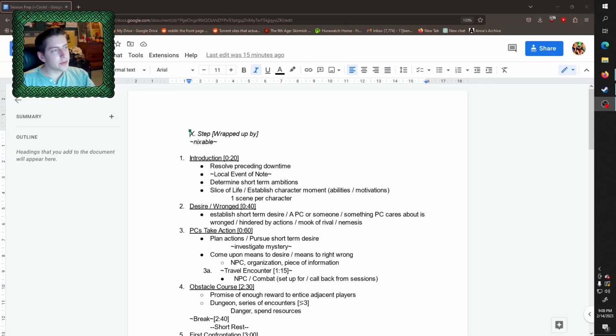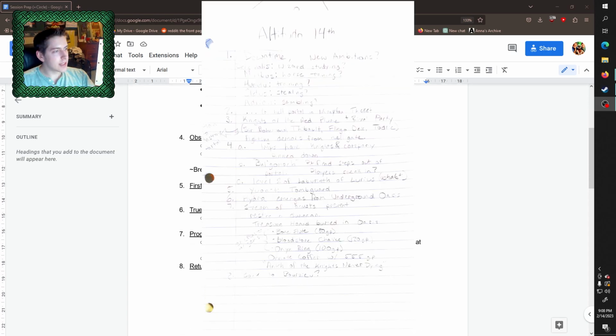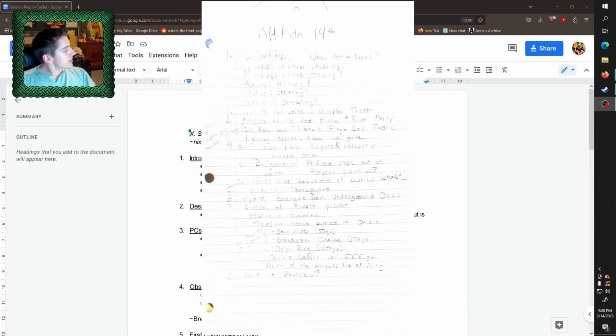Alright, guys, I think I came up with my new preferred method for what notes I want to have available for DMing. My DM prep notes, if you will. For a long time, I've been going with the good old one sheet of notes. I go through my 1 through 8 steps. I've already talked about this a little bit, but my classic story circle, beginning, middle, end, very standard storytelling stuff that I use as a formula for how I generally want my sessions to flow.